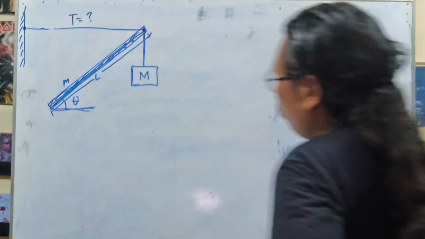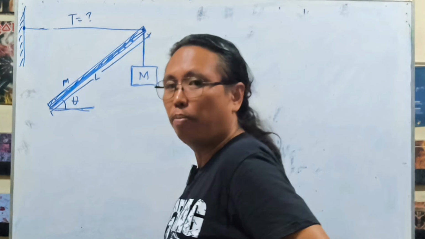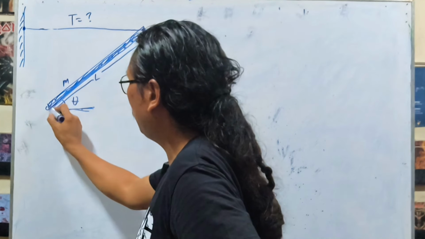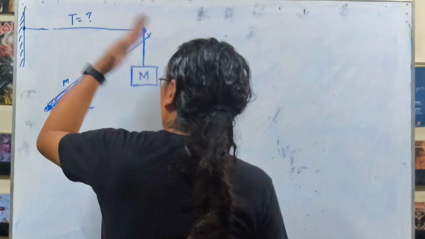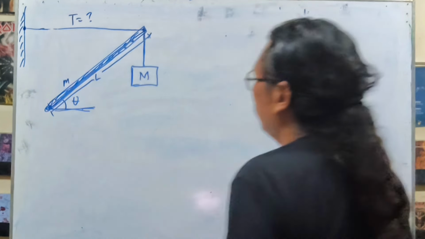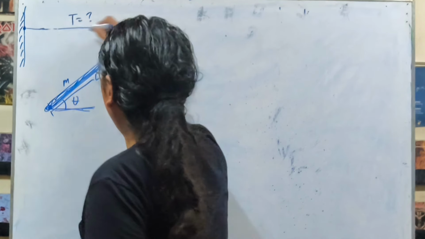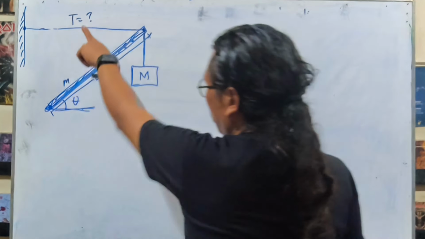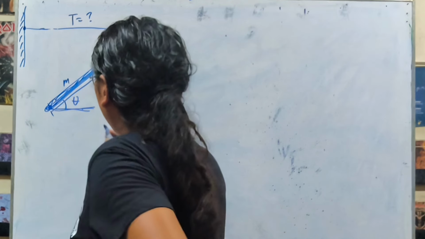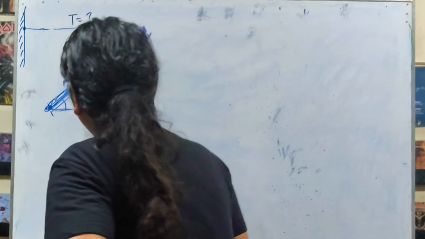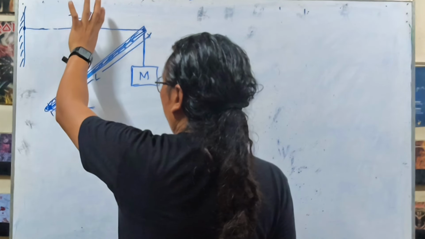Okay? So here, we will need to apply torque in this problem because there's rotation. Assume that this is the pivot point right here, and of course, there would possibly be rotational motion if this is not in equilibrium. Assuming that this is a purely horizontal component, we want to calculate the tension, given the mass of this ladder is M. So, how many unknowns do we have? Well, the tension here is what we have to solve.